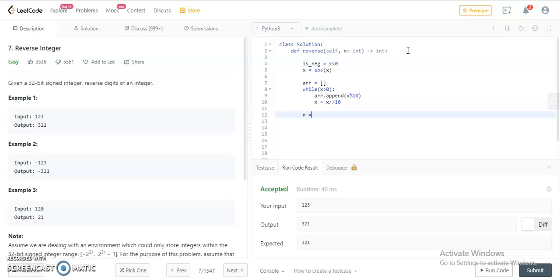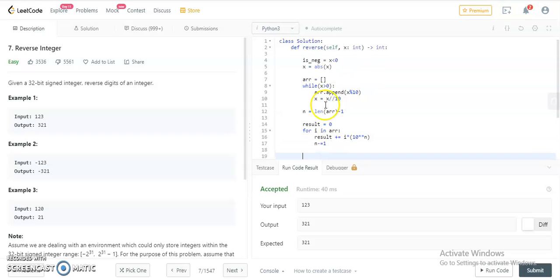And now we'll take the length of the array minus 1, because it will be going till 0, and this is our resultant integer, which is initially 0. For i in arr, that is the array, we'll update the result every time: i, the integer value in the array, times 10 to the power n, and now we'll decrement n.